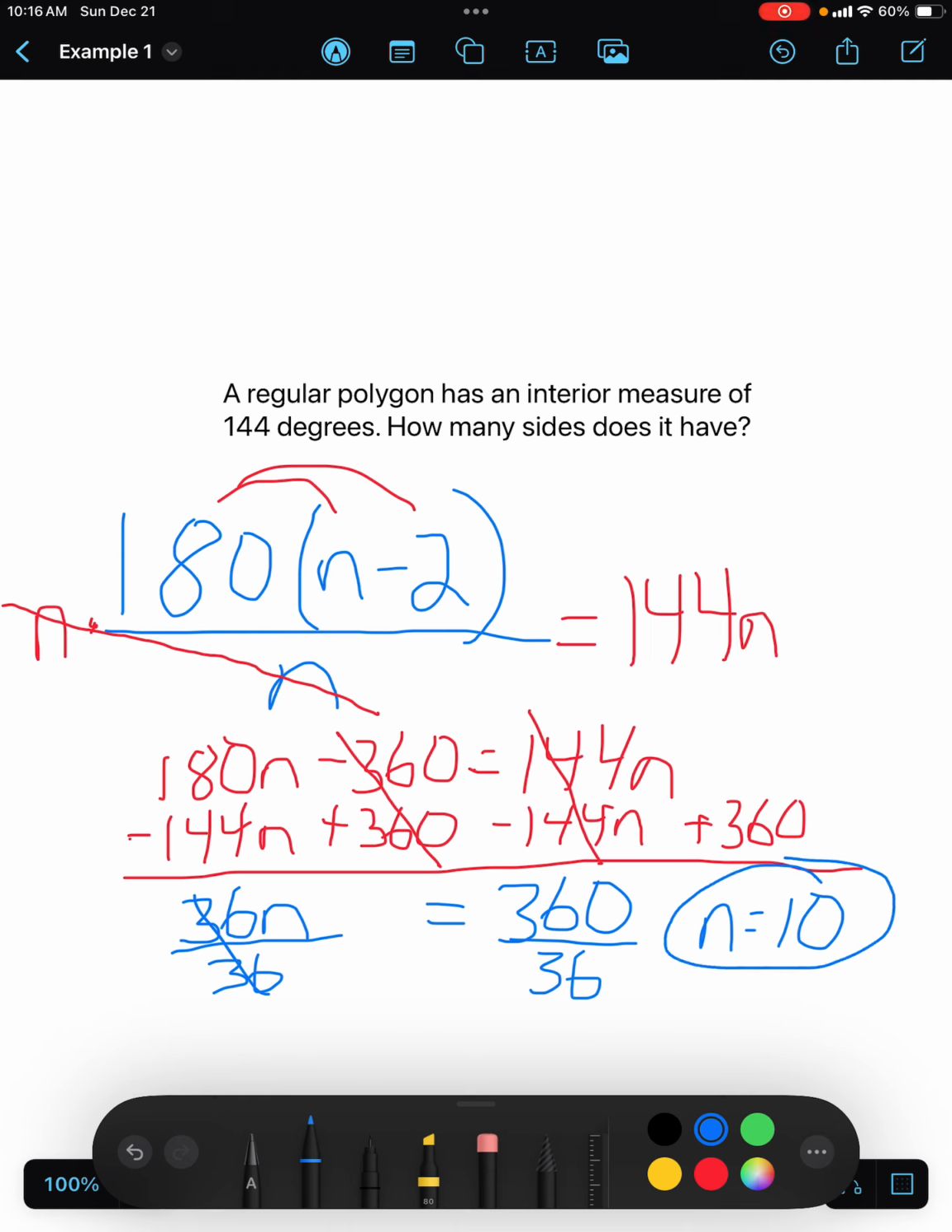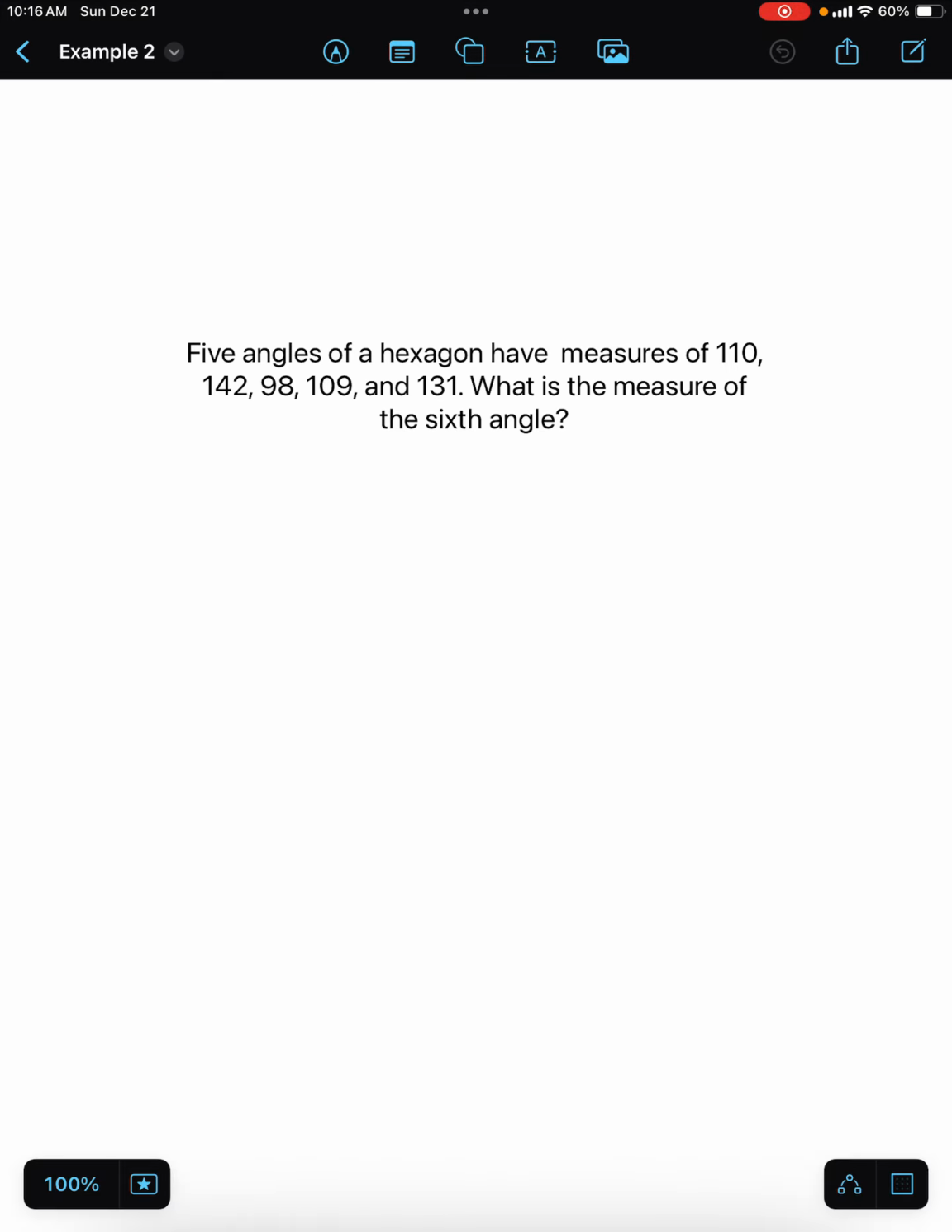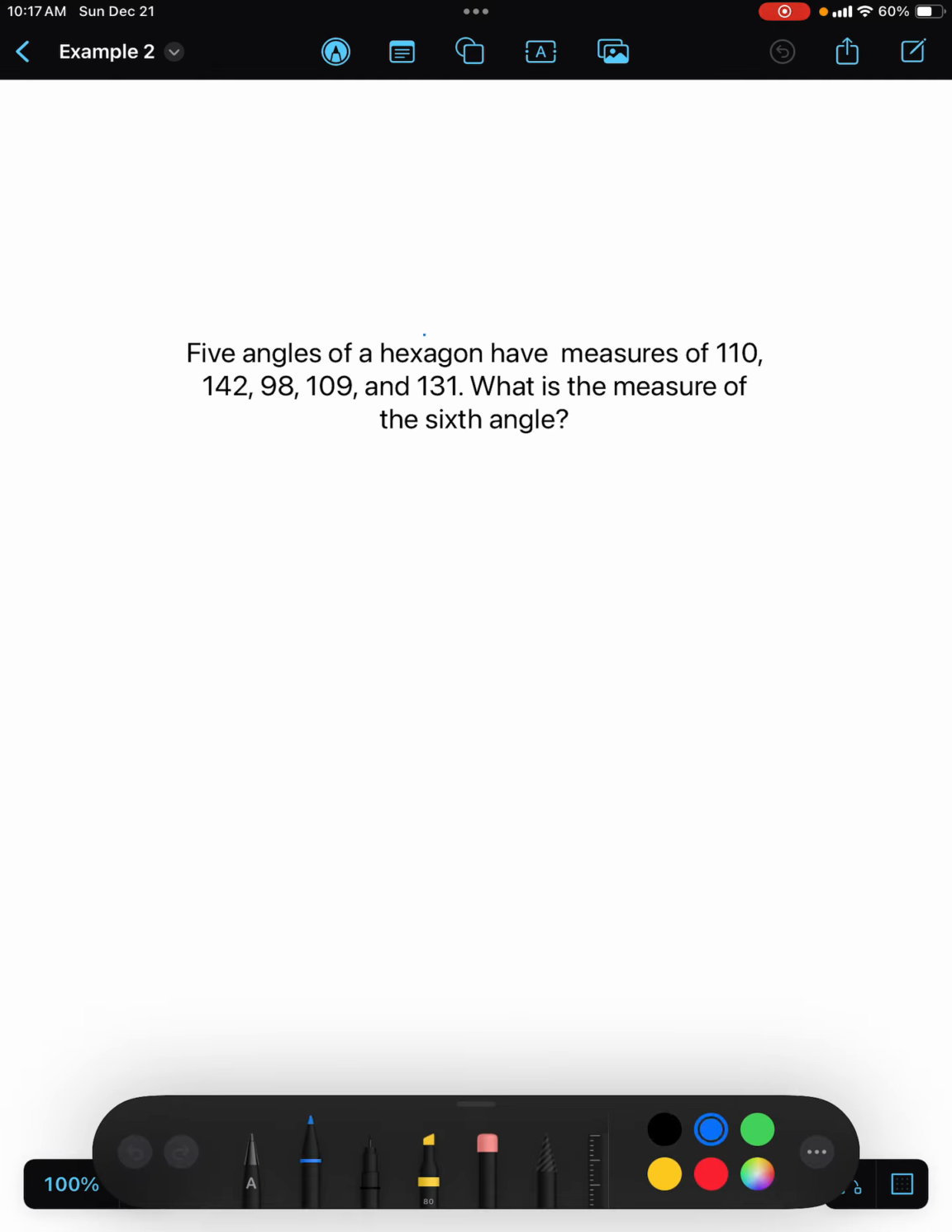There we go. And this will work for any variable, any number of degrees. You can use this for any regular polygon. The other pretty common example I want to show you has more to do with the sum of the degrees in a polygon. So here, 5 angles of a hexagon, and of course a hexagon has 6 sides, and 5 of them have measures of 110, 142, 98, 109, and 131,